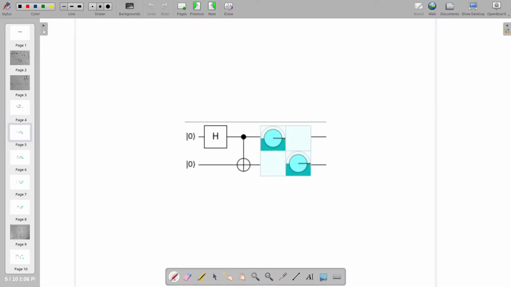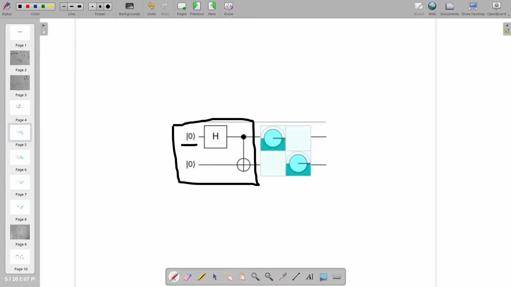Moving further, now we'll learn how to implement these circuits, that is, how to generate these pairs on a real quantum circuit. This is a simple circuit, a basic circuit of entanglement. We'll use this particular circuit in order to generate two-qubit entangled pairs. So let me show you how this circuit works.